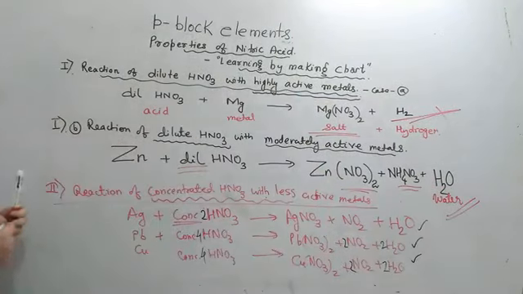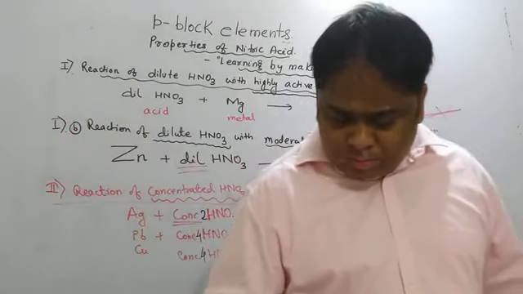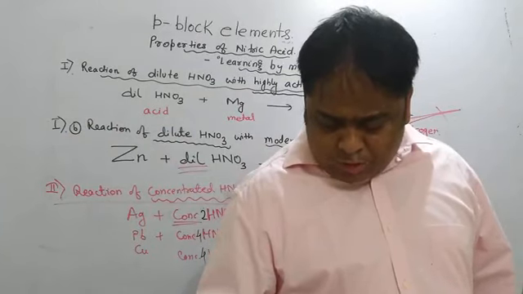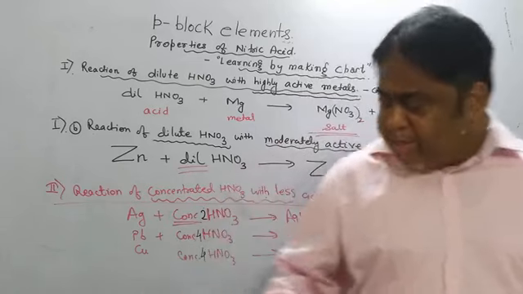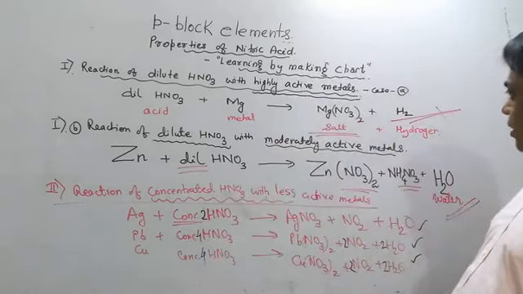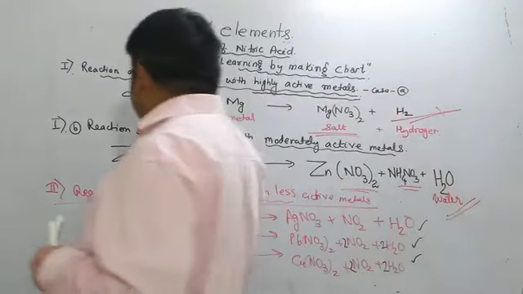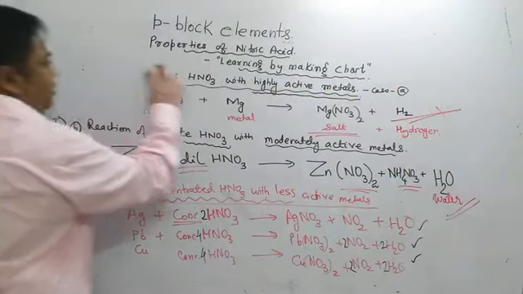Now what happens if we treat these metals with nitric acid, or if we treat tin with nitric acid, it forms stannic acid, metastannic acid. This has to be known a little bit, alright, although it is not that important. And reaction of nitric acid with noble metals, that is important.